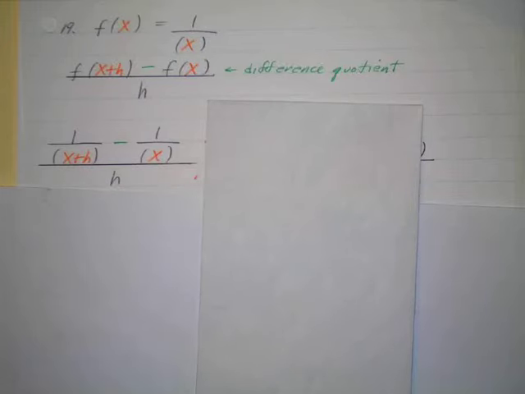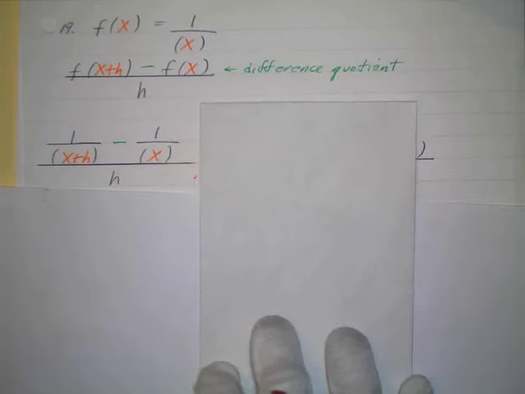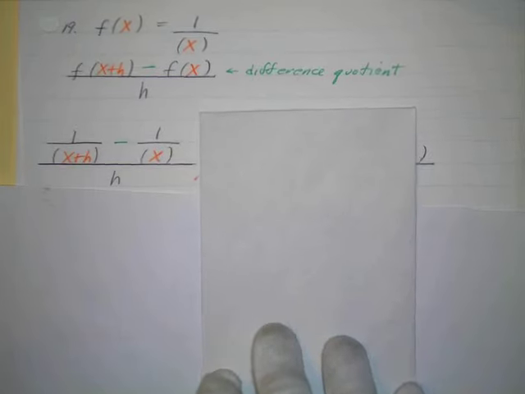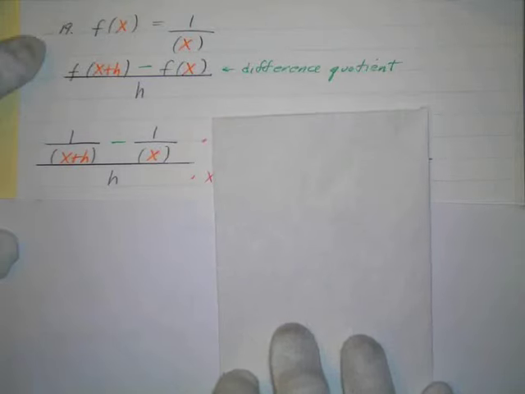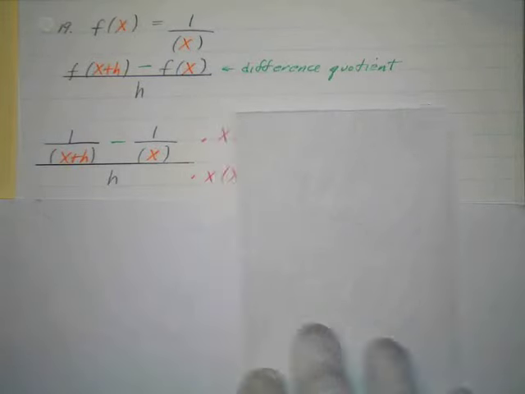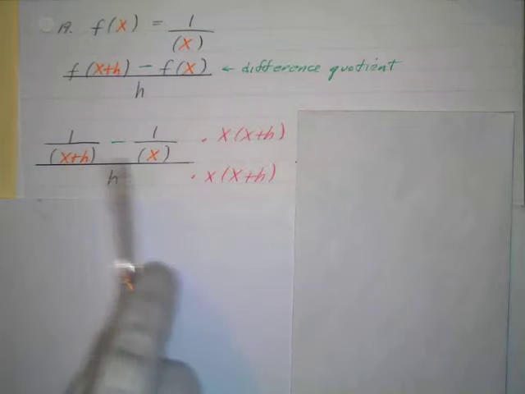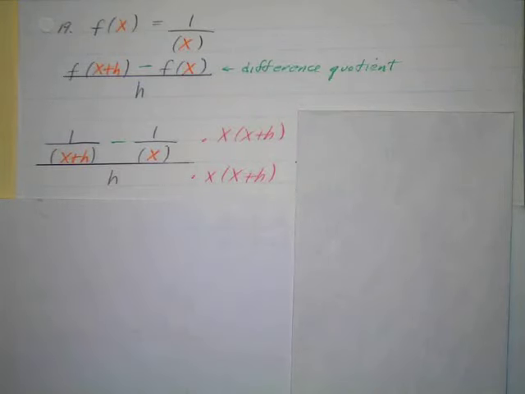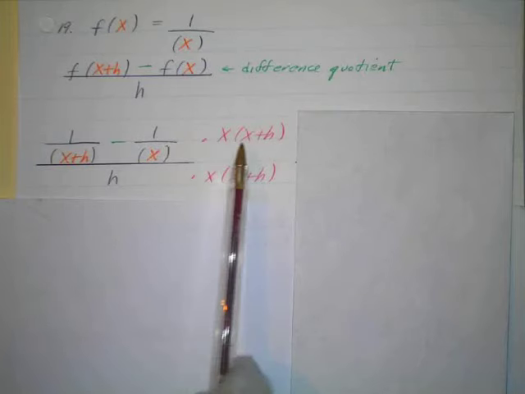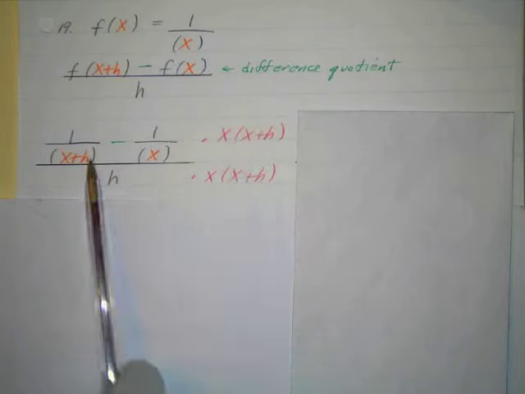Now we have a complex fraction. We just did these in sum review number 1. We did a lot of these. When we have a complex fraction, the easiest way to simplify that is to multiply the top and the bottom by the LCD, the least common denominator of all the denominators. That's something that's going to simplify all the denominators. That happens to be the product of this x and this x plus h. So that's my LCD. When I multiply the top by this, the x plus h cancels,